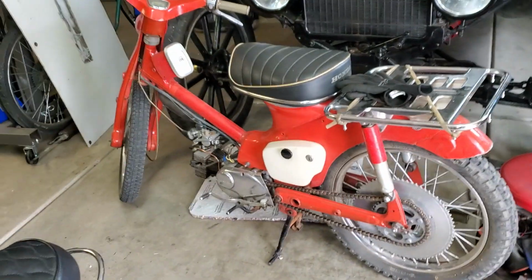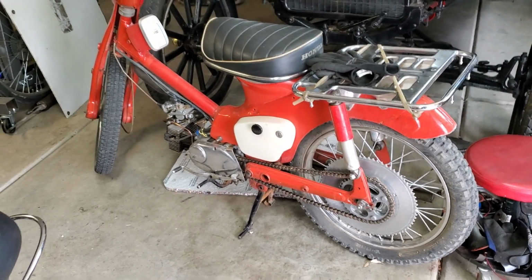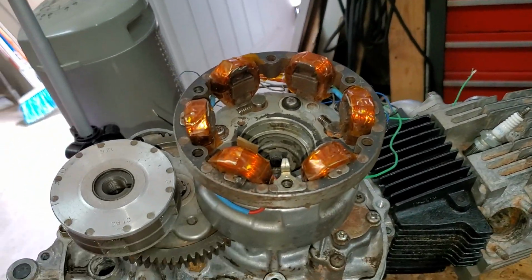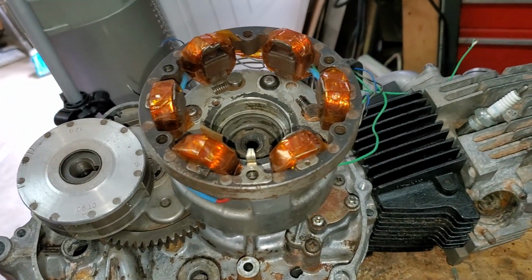All of the early step-through Cubs were magnetos. I don't understand why, when you're taking something out into the bush, you would have somewhat of a failure situation if the battery was dead. But anyhow,